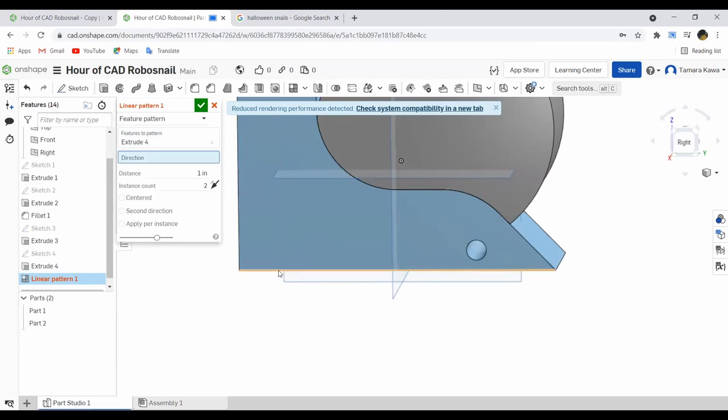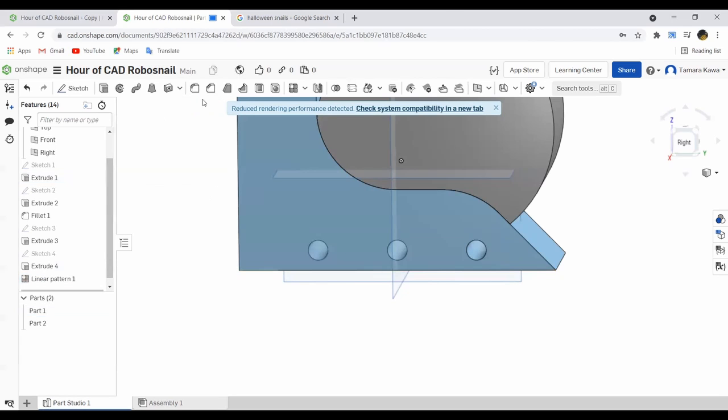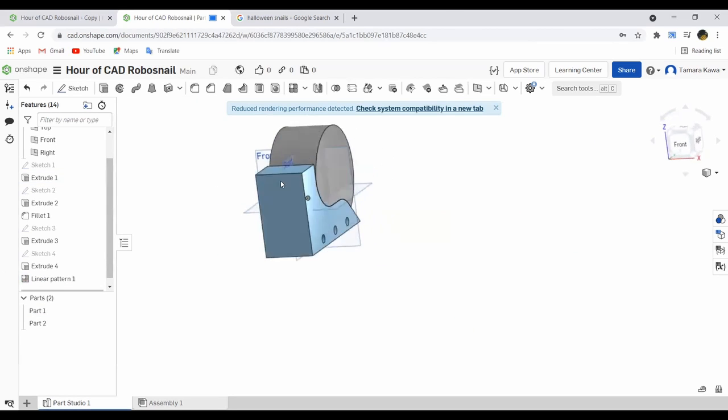Extrude 4, make sure you click on this bottom side to go with the direction. We want the distance to be 2 inches apart, and we want this to go in the opposite direction. We want 3 instances, and then you click the check mark to apply it. Now then,